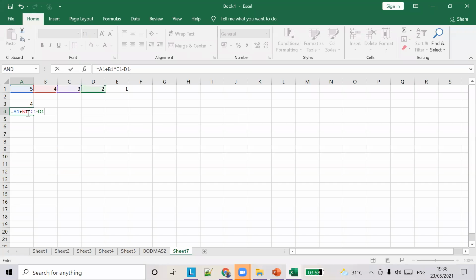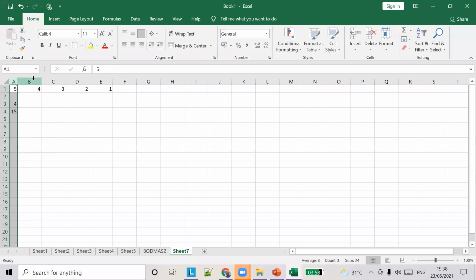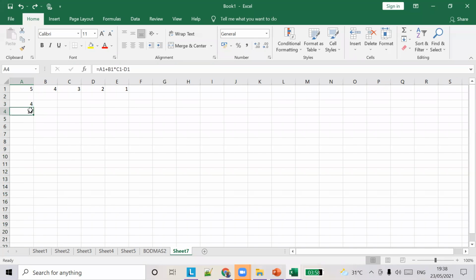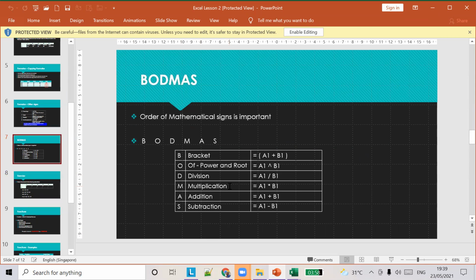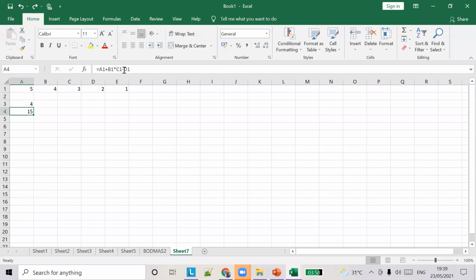Minus D1. So you remember the BODMAS rules.